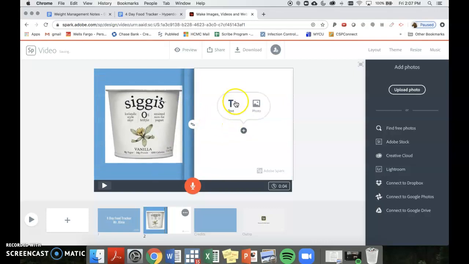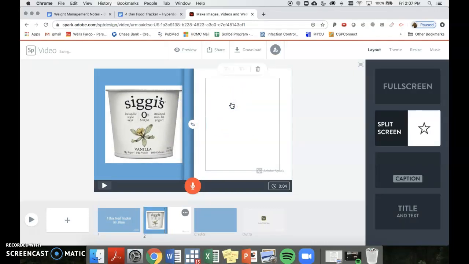Okay, and then type in my text here. So again, Monday breakfast, yogurt. And then all the information there. I can make the size smaller